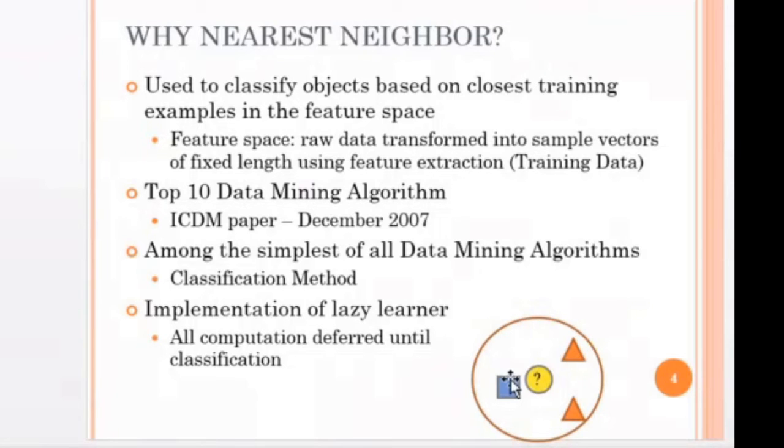Suppose, for example, these are the three examples you can see here, 1, 2 and 3. This fourth example is an unknown example for which you want to know the label. This example is a triangle and this is the square. If we want to know the label of this particular point, which is unknown to us, we want to know whether it belongs to the triangle class or the square class.